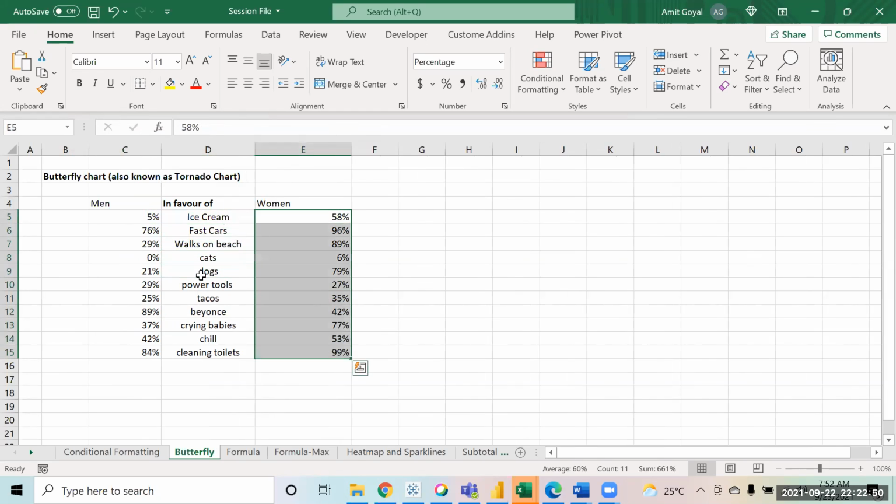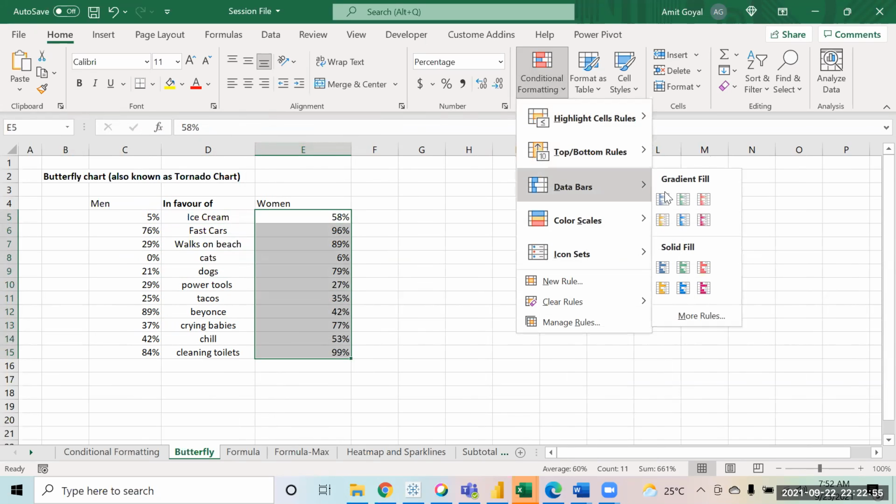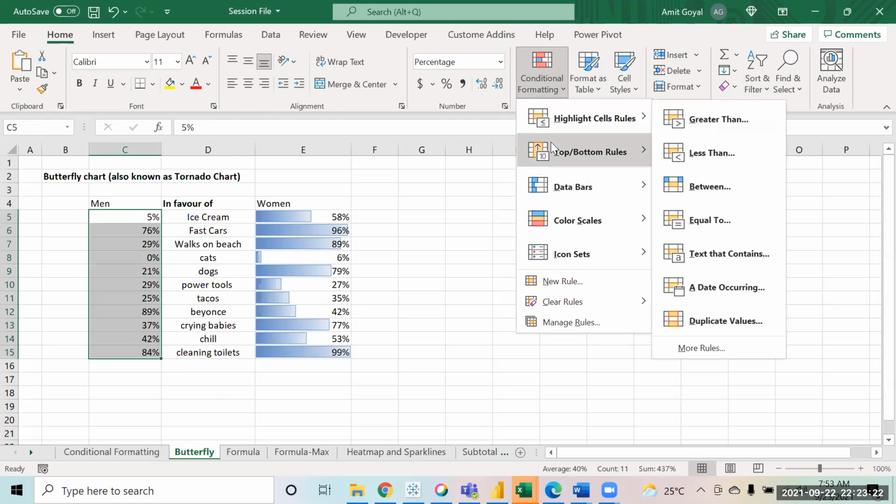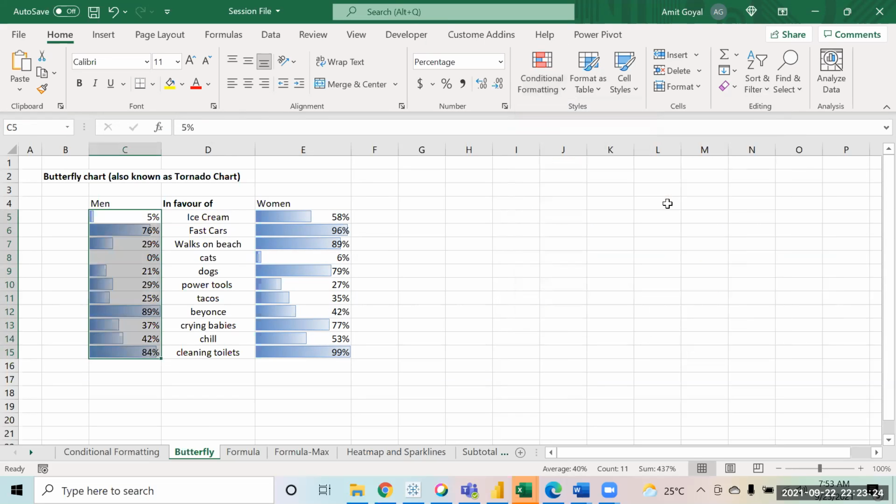So what I do is I select this data. I'm going to apply a conditional formatting of data bars. You come over here, again apply the data bars.